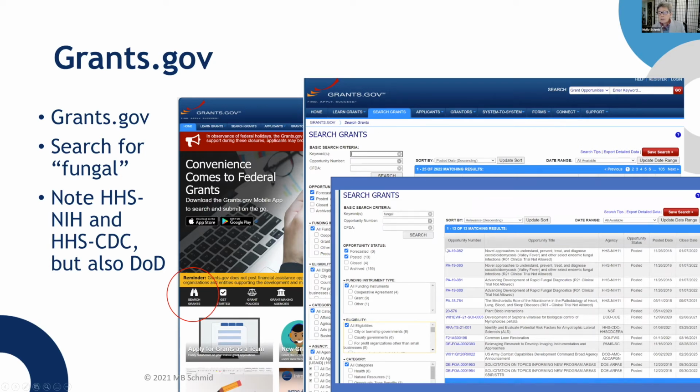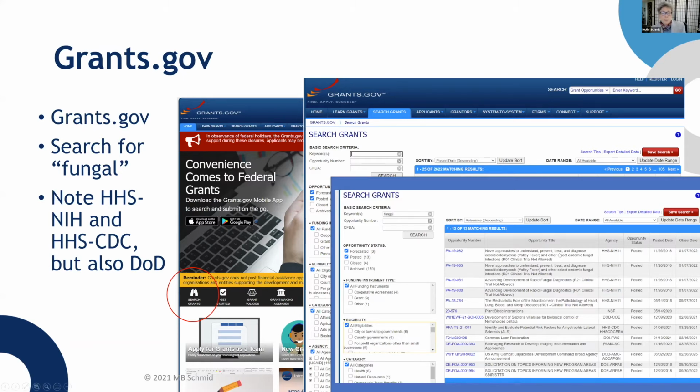keyword fungal, we'll see that there are NIH specific grants that are available, and these are opportunities. So these are open grants that you could apply for from both NIH, NSF, and then DOD. And so I want to really inform those of you who are in the health arena